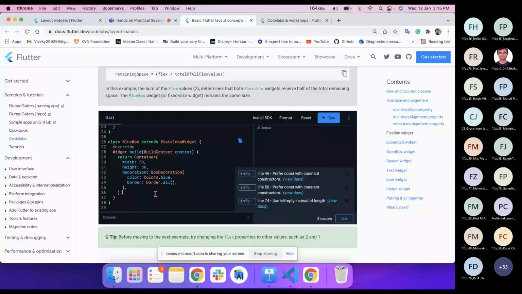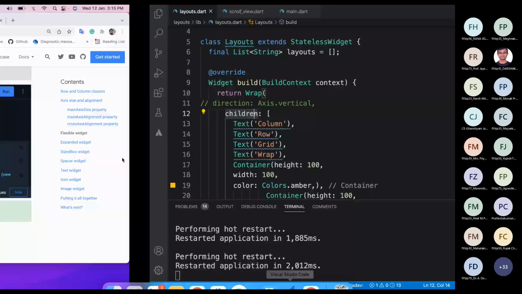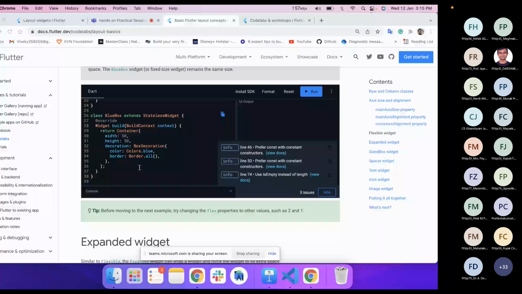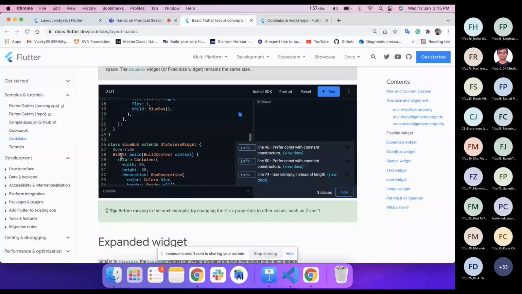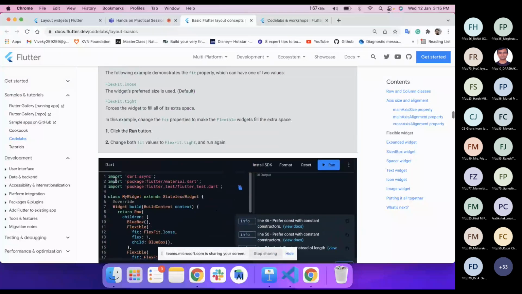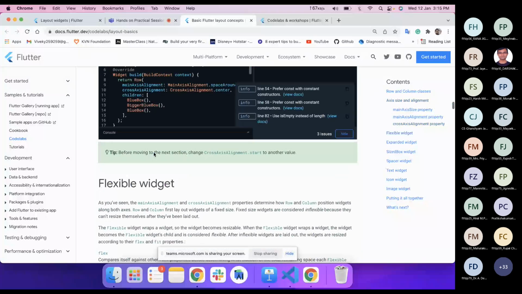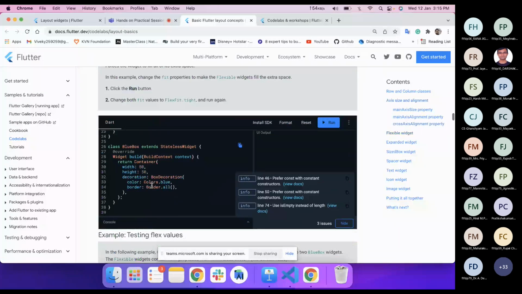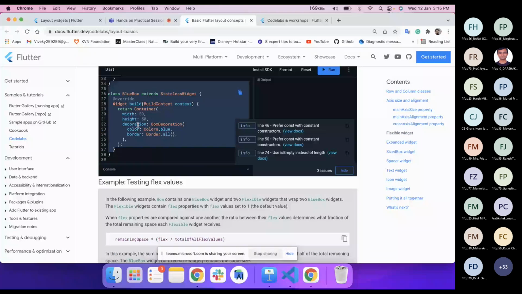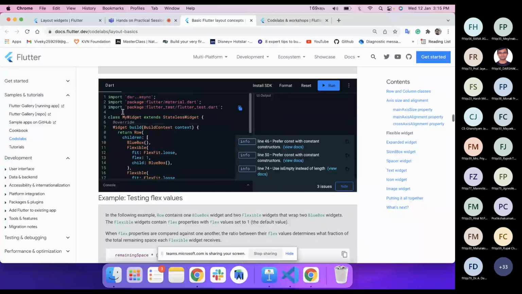So what we can do is open VS Code and copy the code here. For example, this code is for the flexible widget. You can copy this code and see what it wants from you.